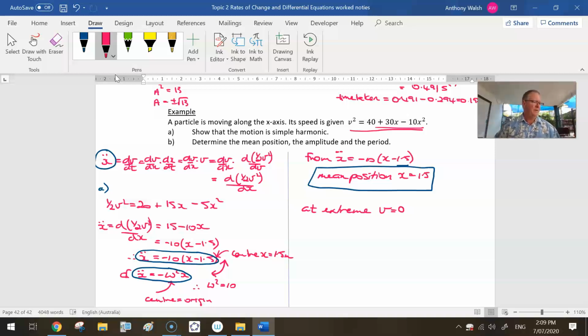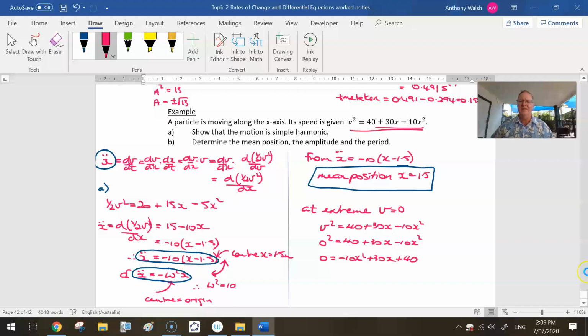If I put that into my v squared, which is equal to 40 plus 30x minus 10x squared, and if v is equal to 0, then 0 is equal to 40 plus 30x minus 10x squared. Or if I rearrange that, 0 equals negative 10x squared plus 30x plus 40. Guess what that is? That's a